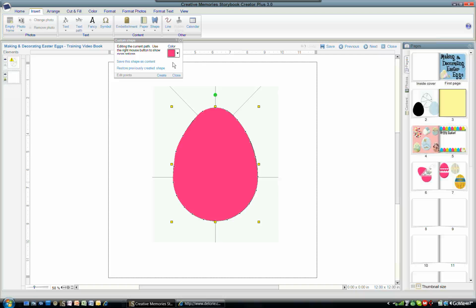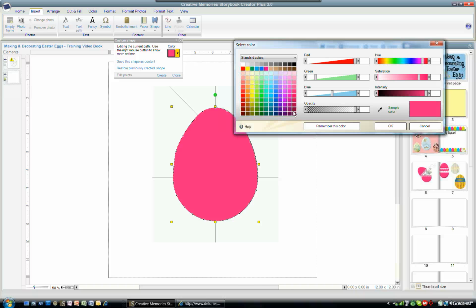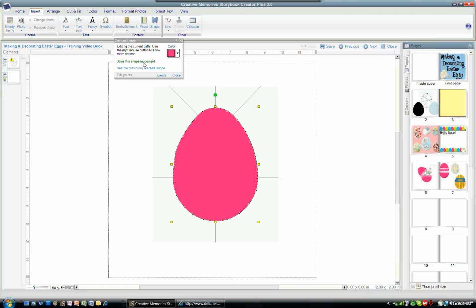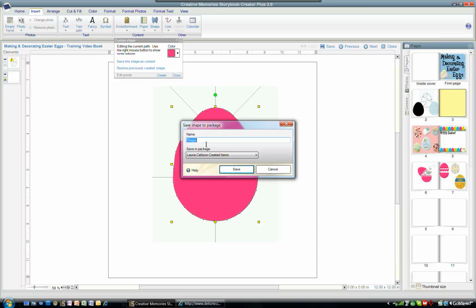So now what you do, instead of choosing create, you say save this shape as content. And I think I will make it black just to, well, actually we'll leave it pink because I made some that are black already. So we'll save this shape as content right here. And then the name of the shape is, we'll call this the pink egg. And again, it doesn't matter about color. And it's going to go into a package that's called Lori Callison's Creative Items. And I'll choose Save